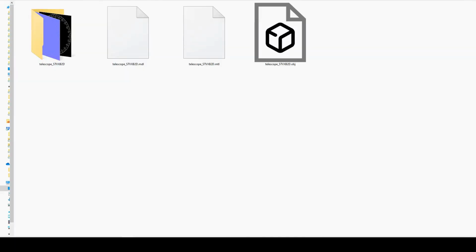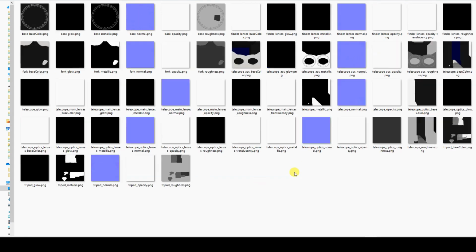Before we begin importing the OBJ file into Blender, let's examine the zip file downloaded from Adobe Stock. We extract the files contained in the zip package into a new folder. We'll find 3 files with extensions OBJ, MTL, and MDL. The OBJ file is the one containing the geometry, while the MTL and MDL files are used to define the materials and their mapping on the geometry. We'll also find a folder containing the texture images to be used for the model.